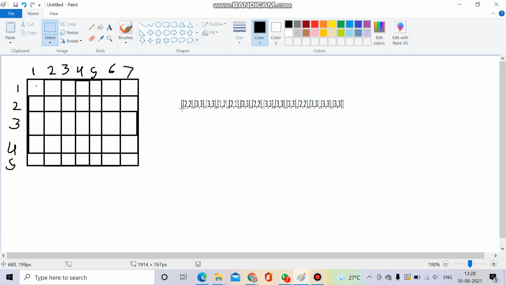So in MS Paint, these are the coordinates given, and first of all we have to increment the intersection of the first 2 rows and first 2 columns by 1, so it will become 1. Then the first 3 rows and 3 columns by 1, so they will become 1 and these will become 2. I think you all must be getting what I want to say, and then these will become 1. This is the brute force method. Then 1 comma 2, so the first row and 2 columns will be incremented by 1. And then 2 comma 1, so the first 2 rows and the first column will be incremented by 1.